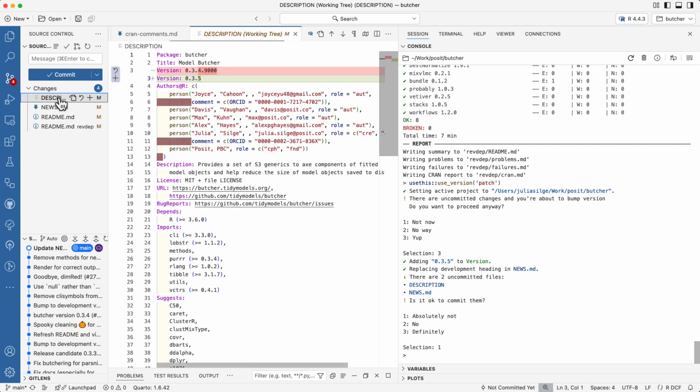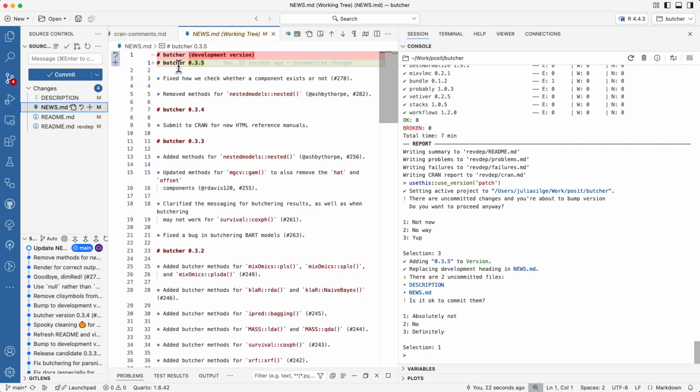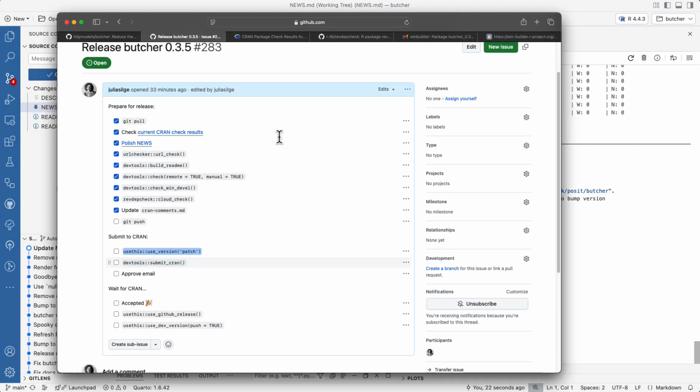So let's see what has happened now. It has updated the version, which is the thing that the check was changing about. And then notice it also updated the version here in my news. So I think that is good to go. And so that's done, and it's time. The momentous occasion has come. It is time for me to actually